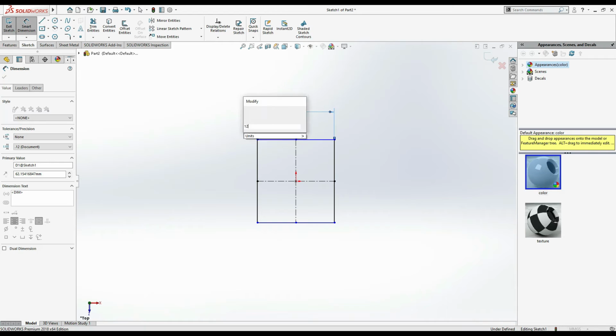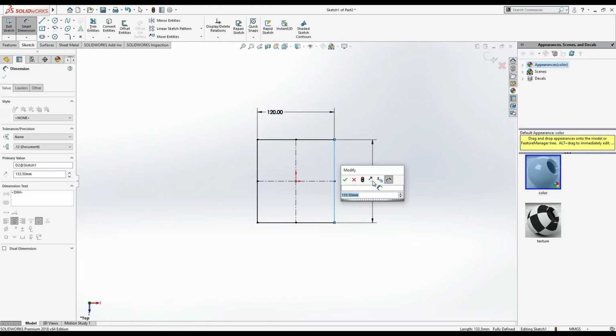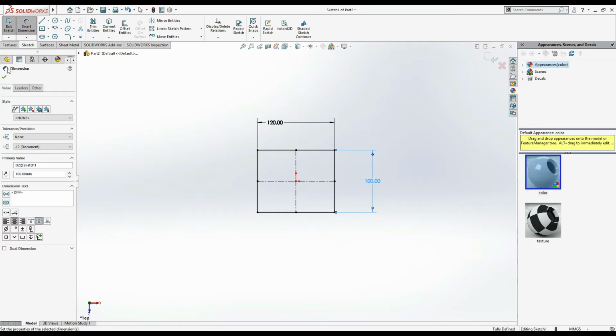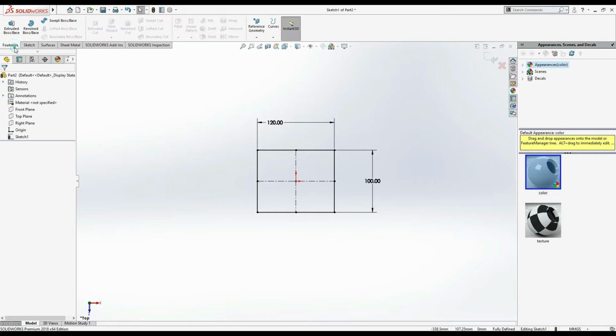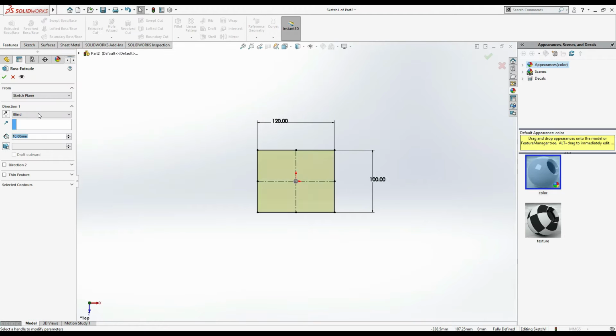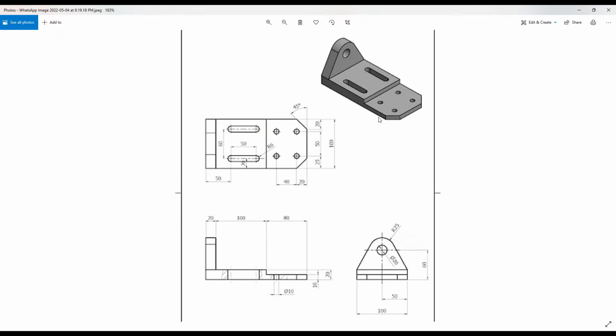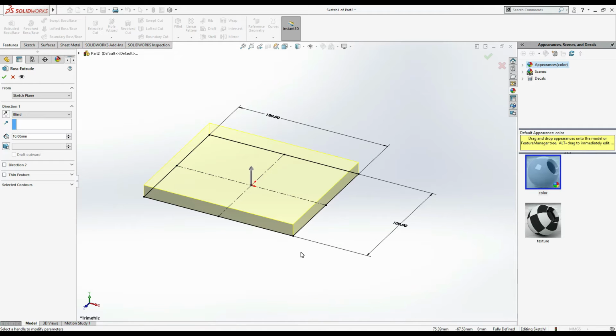120 by 100. Okay, extrude it up to this. Extrude is of 20, extrude up to 20 mm. Okay,